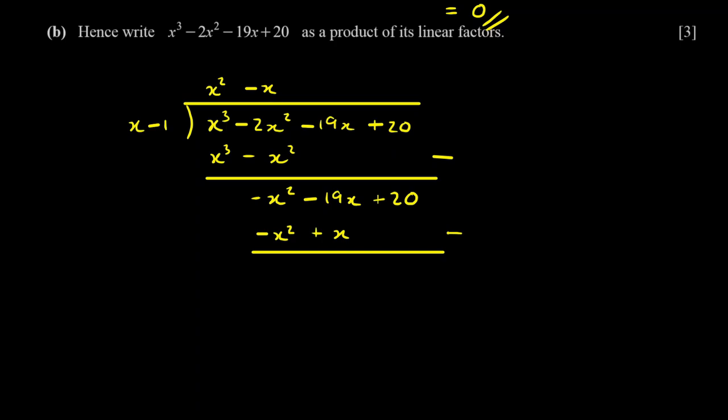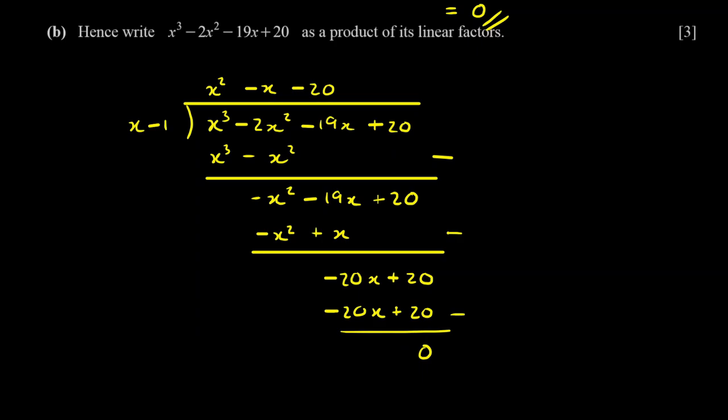So minus x squared minus x squared is 0. Then minus 19x minus x is minus 20x. So we get minus 20x plus 20. And then our minus 20x is our new leading term. We're going to divide that by x, which gives us minus 20. And then we're going to take the negative 20 and multiply it by x minus 1. And that's going to give us minus 20x plus 20. And then if we subtract that off, we're going to get 0, which shows that we have actually done our